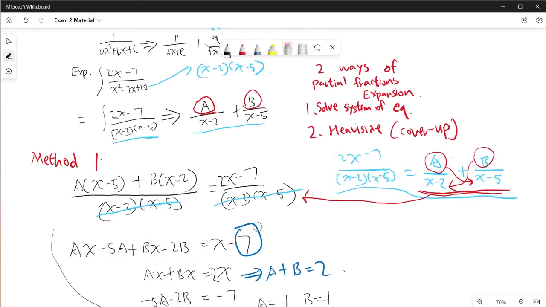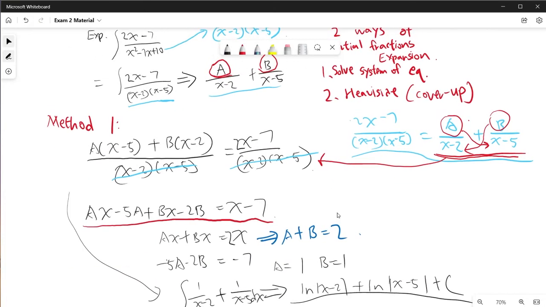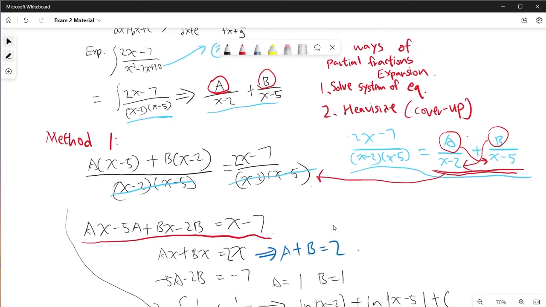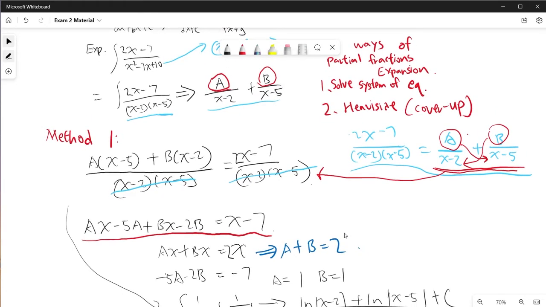So now I have an equation like this, where I expanded it to ax minus 5a, etc. So now the clever part is that you can take the different powers of x and make them equal to each other. We can see that no matter what a and b are, they don't really equal x,